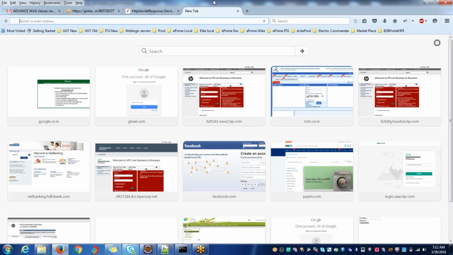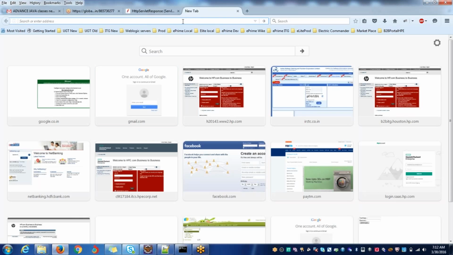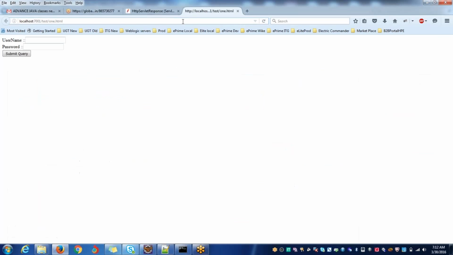Now in the WebLogic there is a project called test project. Long back we deployed this project, if you remember. There is a war file, test.war file. We deployed this test.war file in WebLogic. So we'll see this. In this test project, there is an HTML file called one.html. Consider, this is present in the WebLogic server, because see the port number is also 7001, which means it's a WebLogic one. Okay,